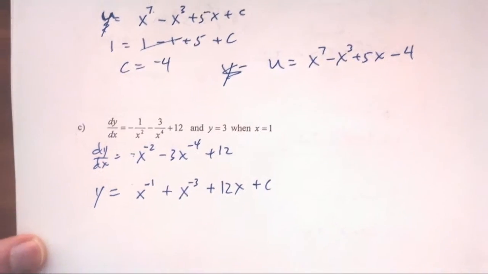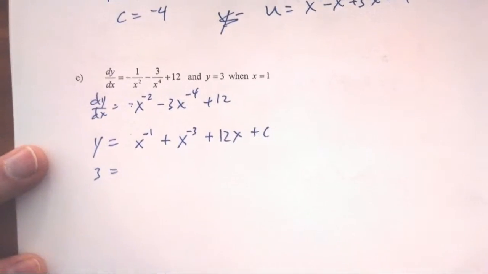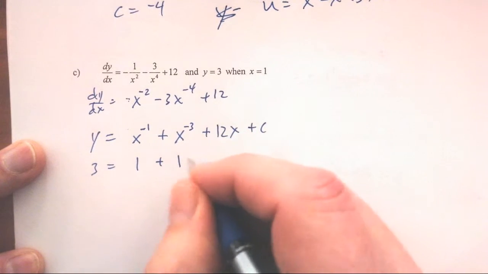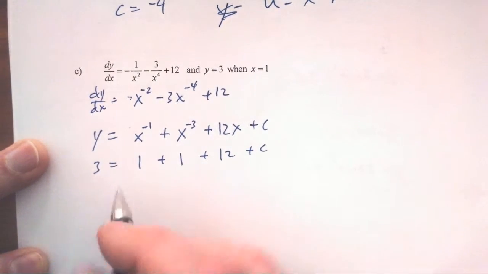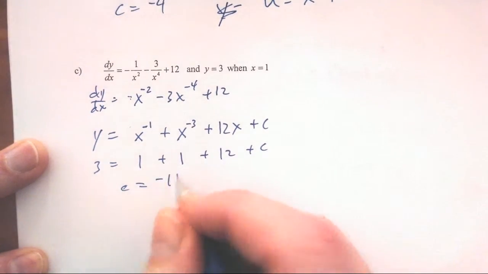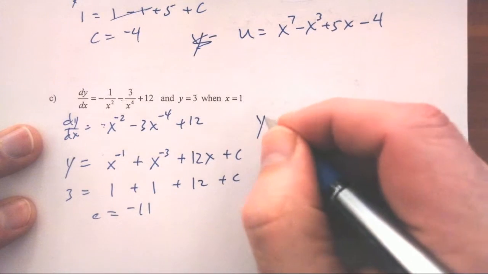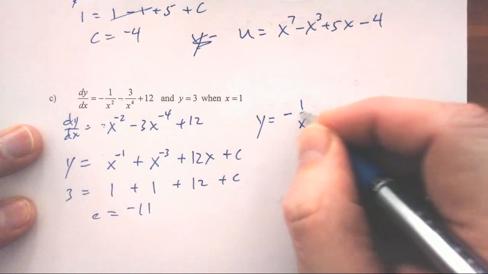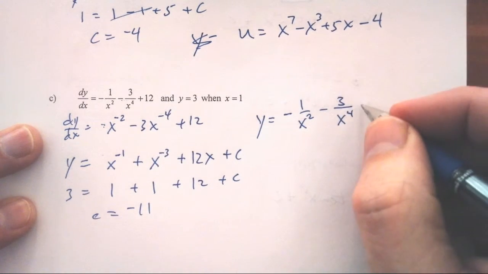Integrate both sides. Okay, so y is 3 when x is 1. They're being pretty merciful here. 1 to the negative 1st plus 1 to the negative 3rd plus 12 times 1, 12. Plus c, that's 14, or c is subtract 14, negative 11. Final answer, I'm going to put it back in this form. y equals negative 1 on x squared minus 3 on x to the 4th plus,